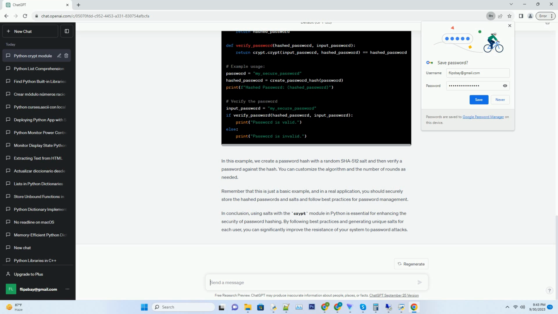Protection against rainbow tables: rainbow tables are precomputed tables that map hashes to their corresponding plaintext passwords. Using salts prevents attackers from easily using rainbow tables since they would need to generate tables for each salt value. Increased complexity: salts increase the complexity of brute force and dictionary attacks, making it more time-consuming and resource-intensive for attackers